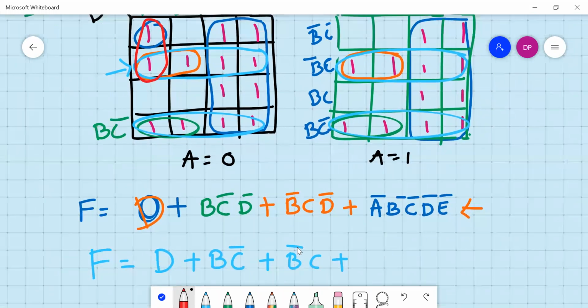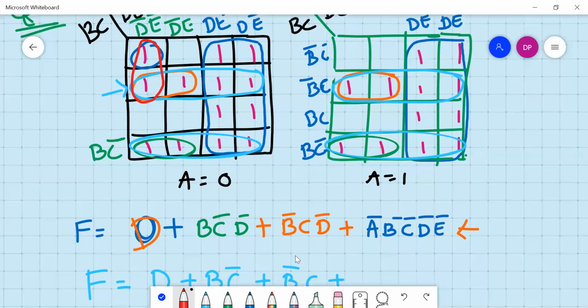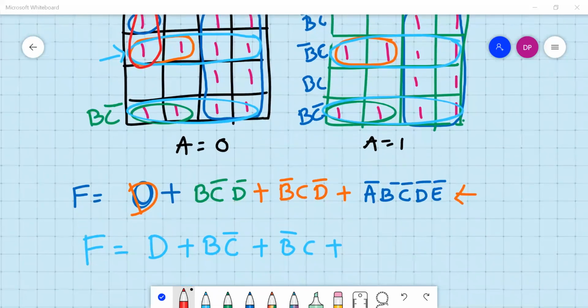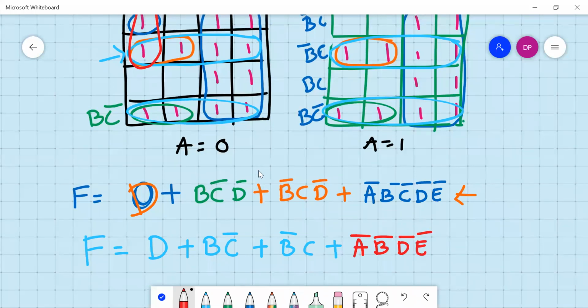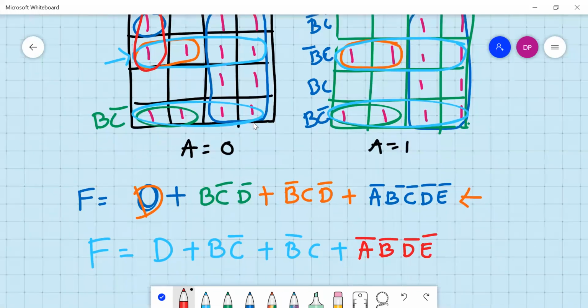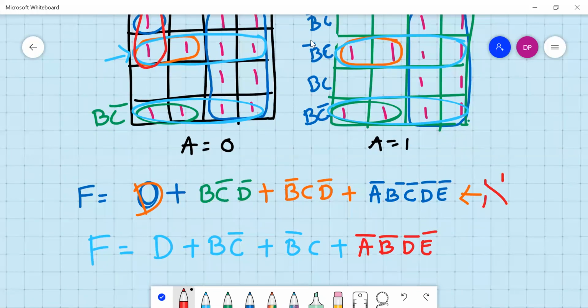Okay, then what will you have? This is D complement, E complement, B complement, A complement. This is A complement, and you will have B complement, D complement and E complement. Right, 4 terms, so it's correct. So this is wrong. So we should follow this approach. Always try to make the larger group only.